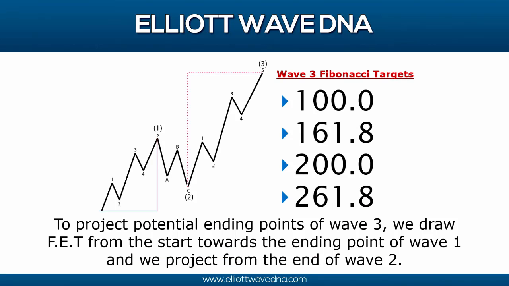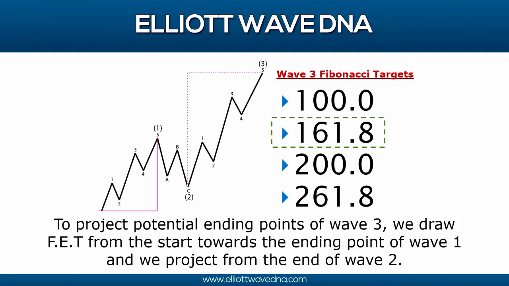To project potential ending points of wave 3, we drew Fibonacci expansion from the start towards the ending point of wave 1, and we project from the end of wave 2. The minimum target I want to see in the wave 3 is going to be the 100% of wave 1. The ideal levels will be 1618,